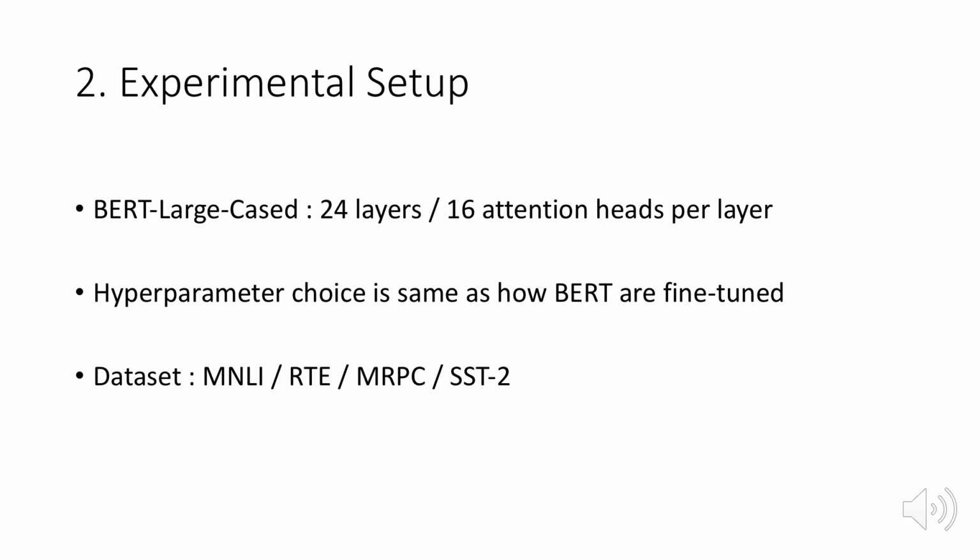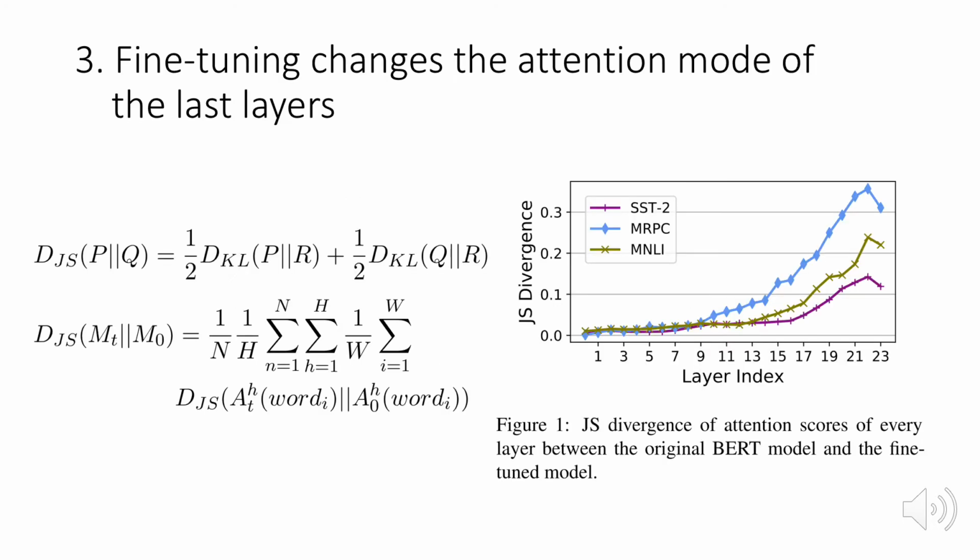We employ the BERT large model on 4 NLP tasks. The hyperparameter choice is the same as the original BERT paper. The indicator of the attention mode change is given by the left formula. We compute JS divergence of attention scores between the original BERT model M0 and the fine-tuned model MT on the development set by calculating the average of the sum of the JS divergence at each word and each attention head